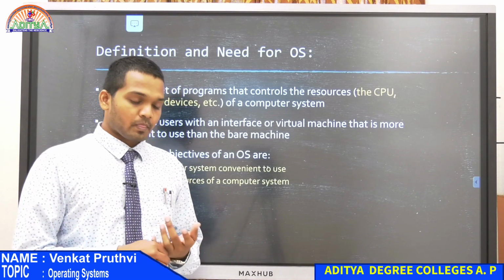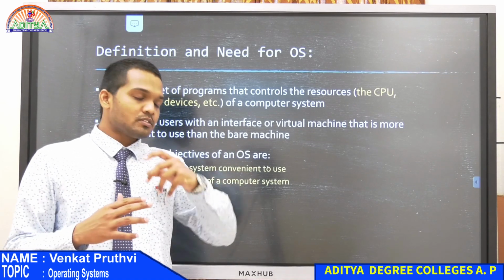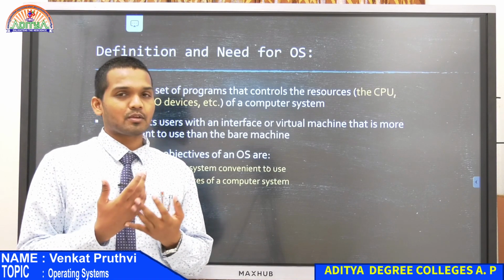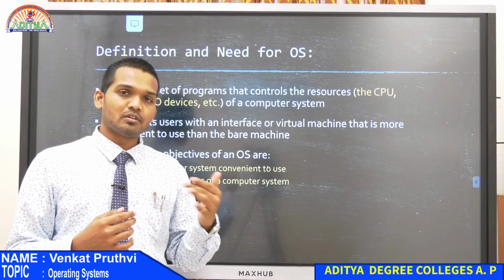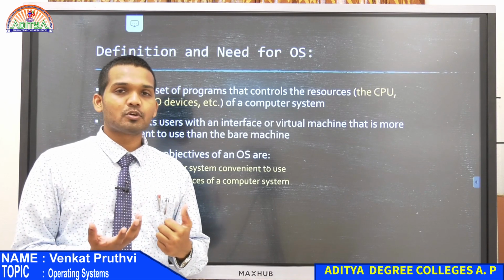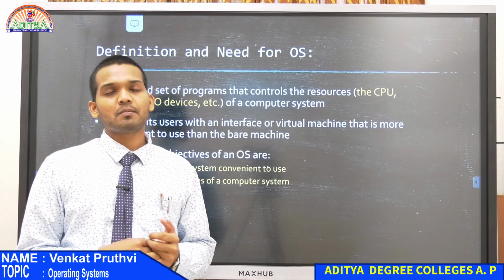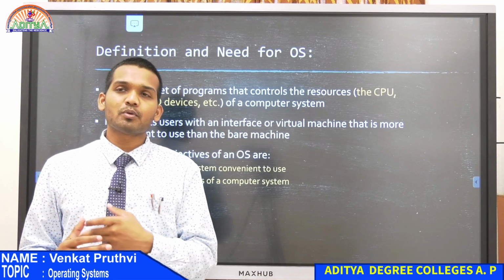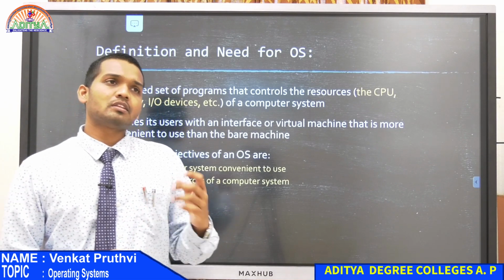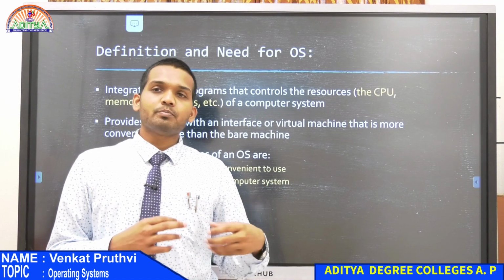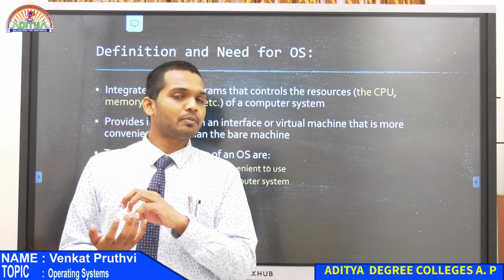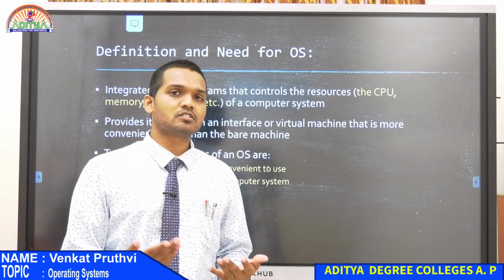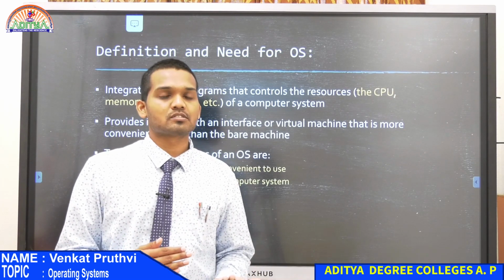Now, I would like to make one thing clear over here. From the starting onwards, we were only talking about the circuits, the transistors, vacuum tubes, the motherboard or the printed circuit boards, the PCBs. We were only talking about the hardware part, and we were nowhere discussing the programs. We were only mentioning that in order for a computer to perform a task, we need to give it some data or some instructions.